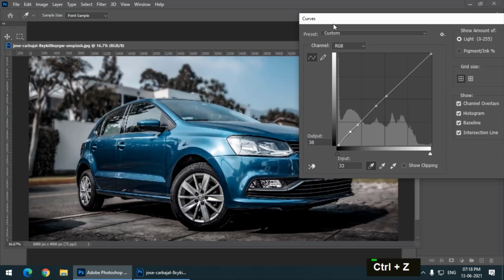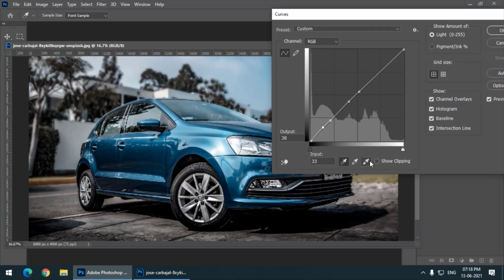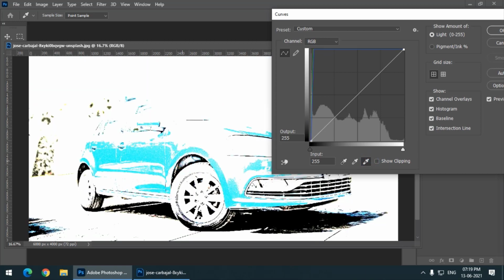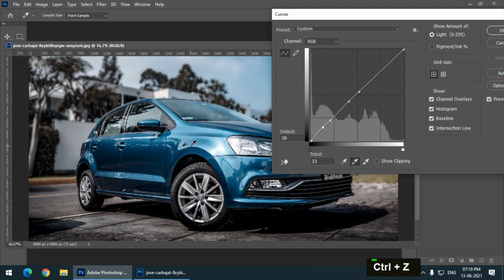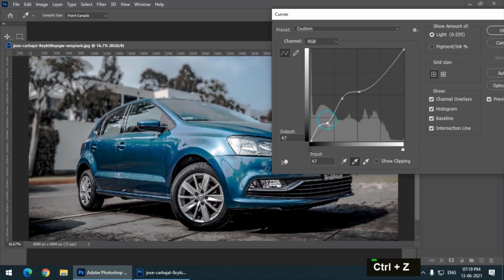And contrary to that, if I select the white point and click on the dark area, then it will become something like this. Gray is a midpoint, so it won't be that drastic as compared with the white and the black point. So this is how we will use this particular option.